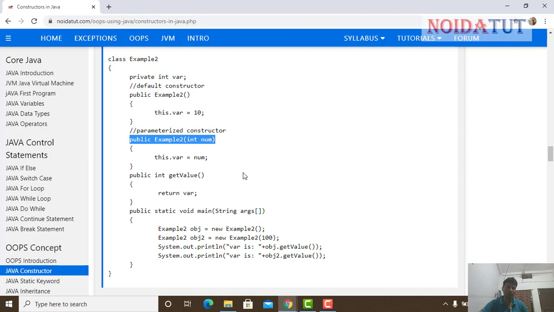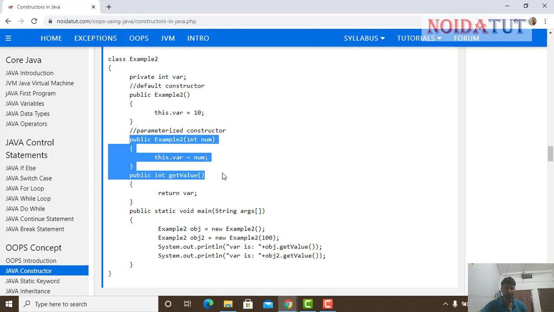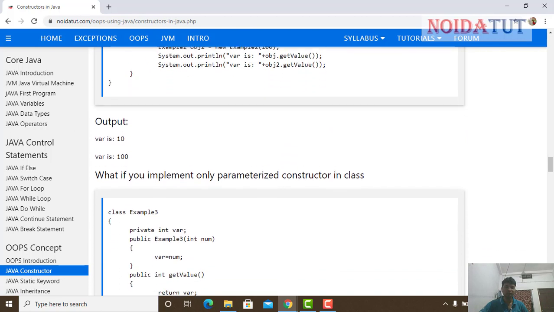These variables refer to the parameters. Now proceeding further, you can see that in the main method, we have the name of the class, and a new object is created, new Example. So this one will be referring to this part, that means Example 2, which has no parameter, and in this we are passing a parameter, so this will be referring to this. This is how it works. Now you can check the output.